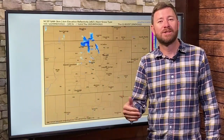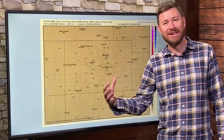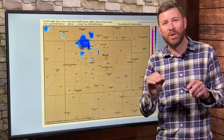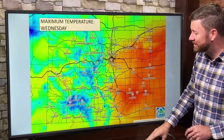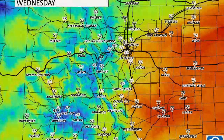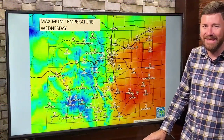What will be impressive is the lasting cold that is arriving. It lasts multiple days this time, so it's a pattern change, and it will also be the coldest weather that Denver has felt since mid-April, so about 7 months since we've been this cold. Highs on Wednesday in the high country, mostly 50s, but dropping quickly. For the plains, 50s, 60s, 70s, but these temperatures will be dropping progressively as we get later into the day,